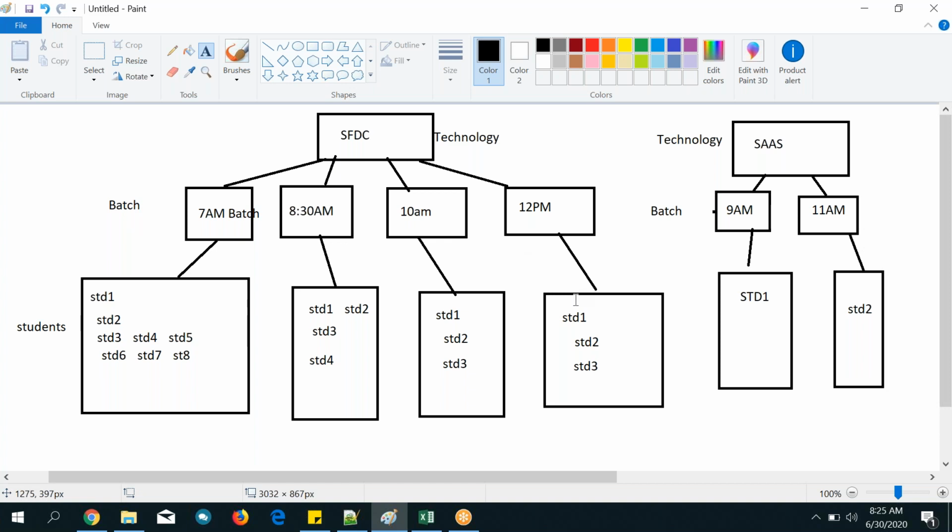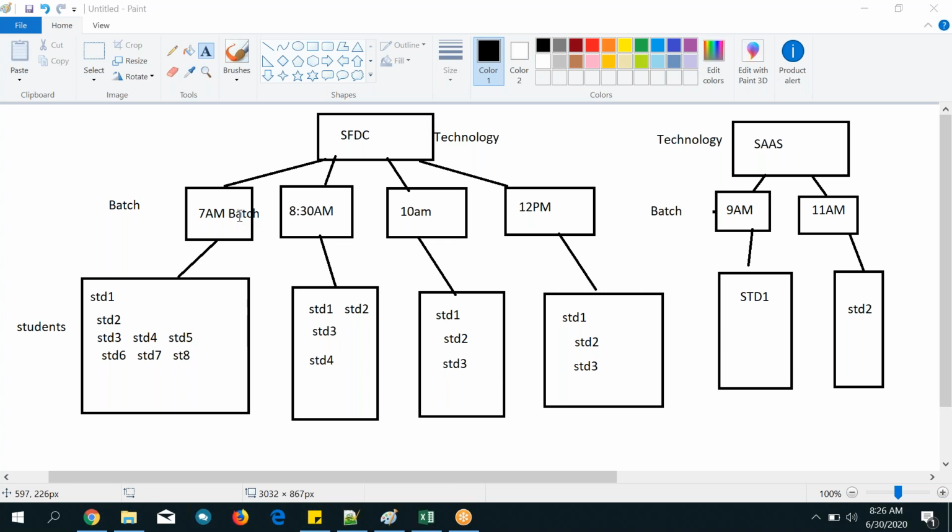So how many ways can we create a relationship between the batch and student? One to many relationship. Good. One is the batch and many is the students. How many data types are there to achieve one-to-many relationship in Salesforce? Two types. What are those? One is master relationship, master detail relationship. Okay, good. Another one is lookup relationship. So we can achieve it with either a master or a lookup.